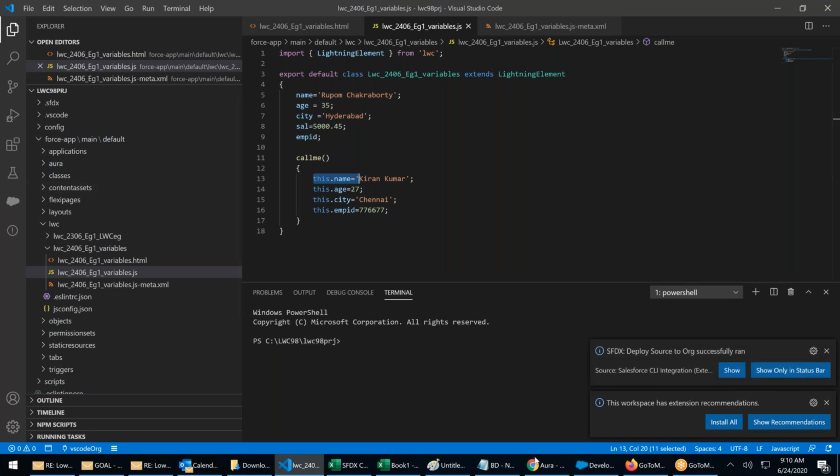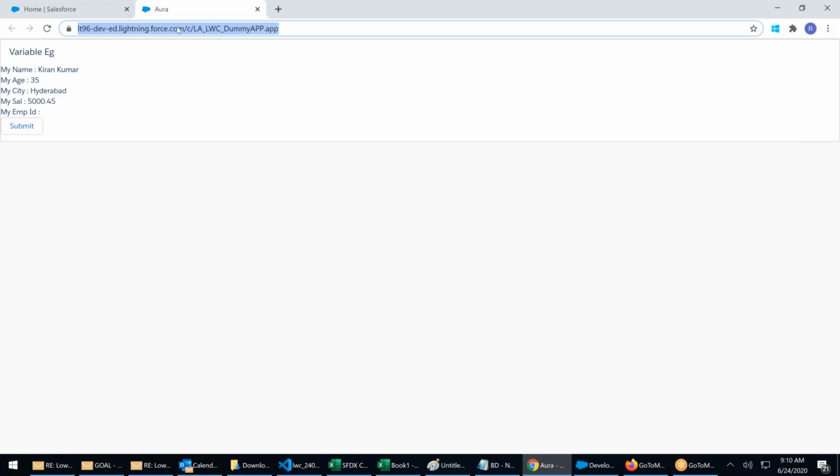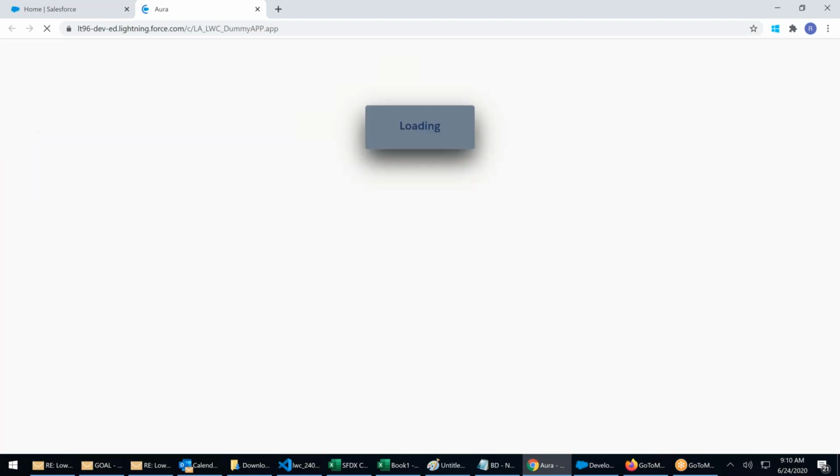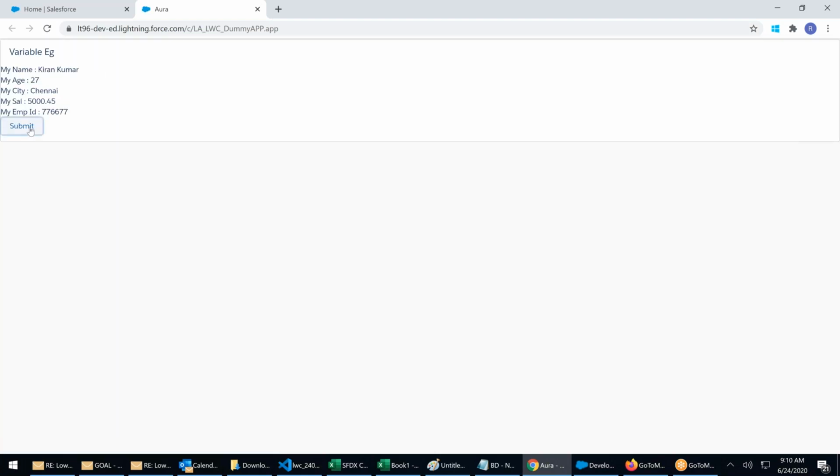Done. The deployment was successfully done. Now next time when I say it works fine. It works fine. I refreshed it. I hit the submit. See, everything got changed. Kiran Kumar, age 27, city Chennai, employee ID 776677